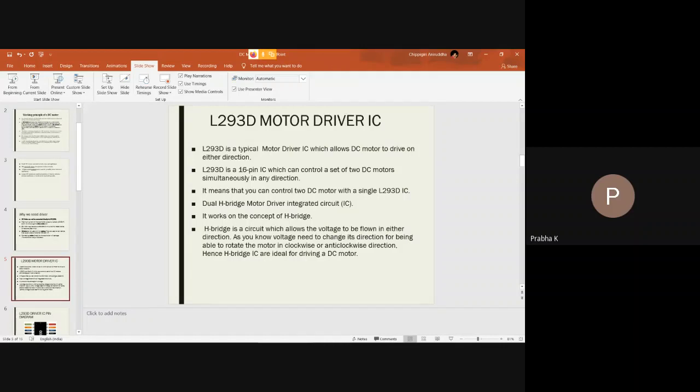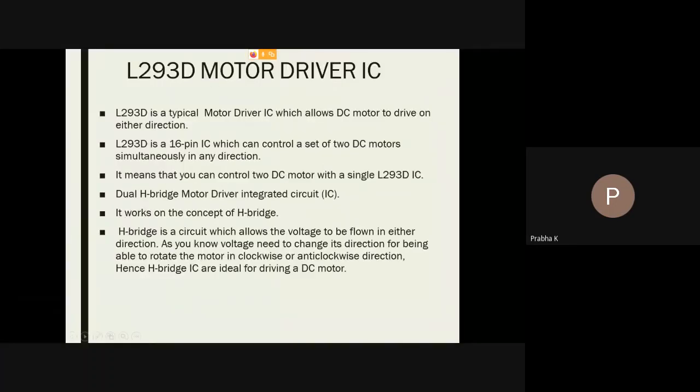This is a 16-pin IC that can control a set of 2 DC motors simultaneously in any direction. In our program, we are using only one motor, but using one driver IC, we can control 2 DC motors simultaneously in any direction.